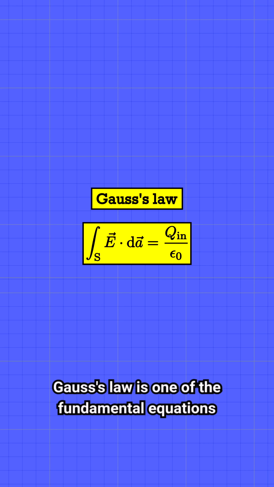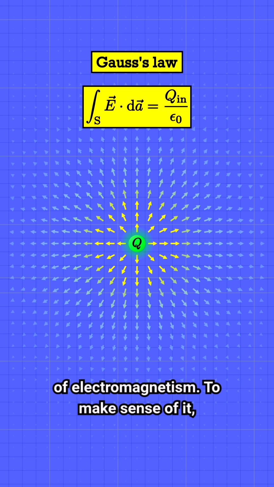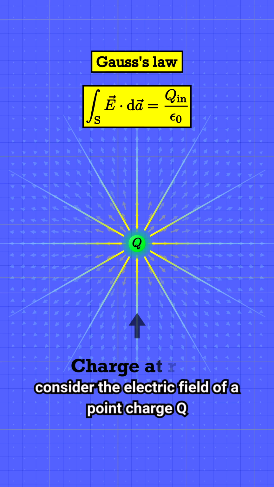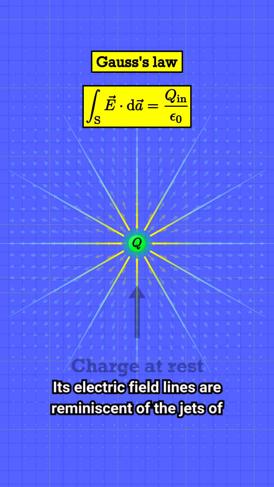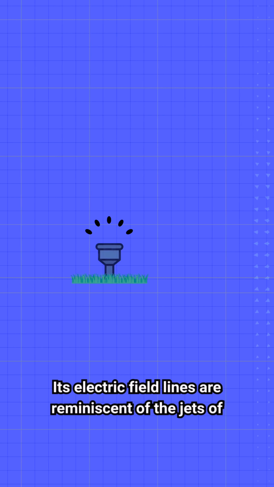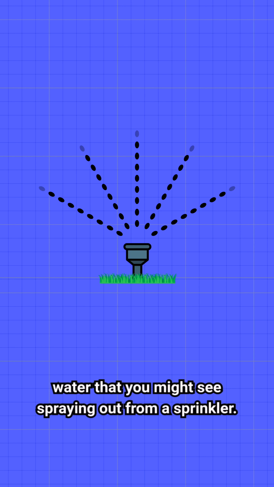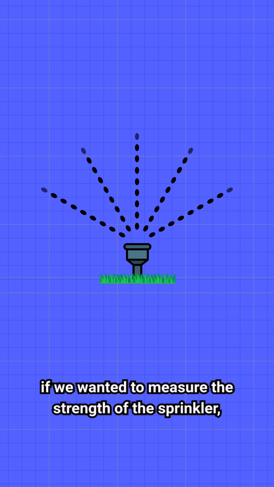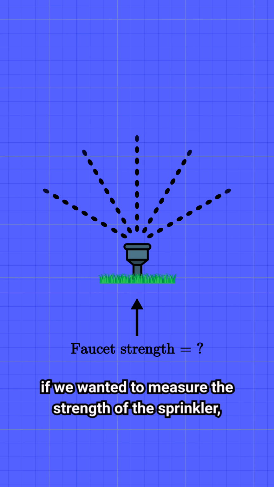Gauss's law is one of the fundamental equations of electromagnetism. To make sense of it, consider the electric field of a point charge Q sitting at rest. Its electric field lines are reminiscent of the jets of water that you might see spraying out from a sprinkler. In fact, pushing that analogy a little further, if we wanted to measure the strength of the sprinkler, we could